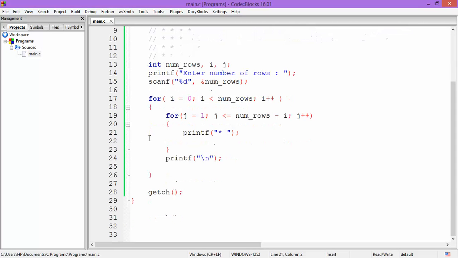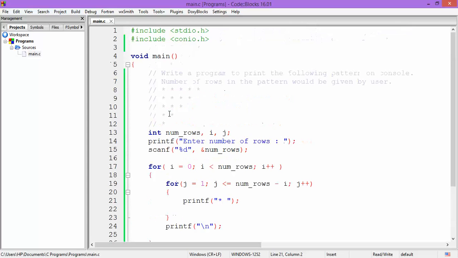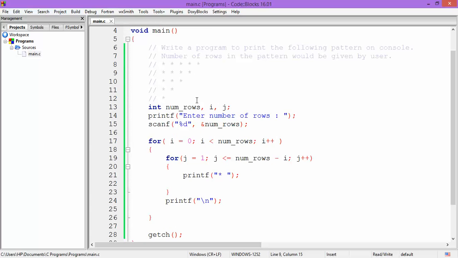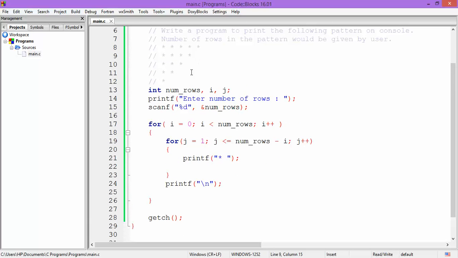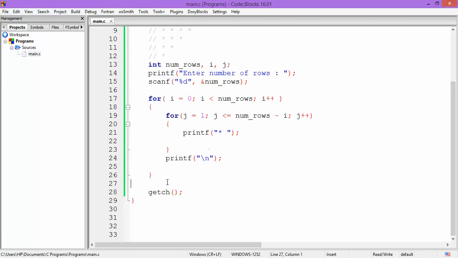and with this we have finished the code, and we have learned a few things for printing such patterns where there is a relation between the row number and number of asterisks in that particular row. We can use a nested loop. So here we have used a nested loop, and by looking at the pattern we have found out the relation between the row number and number of asterisks, and by that we have determined our conditions here. So with that we have finished our code.